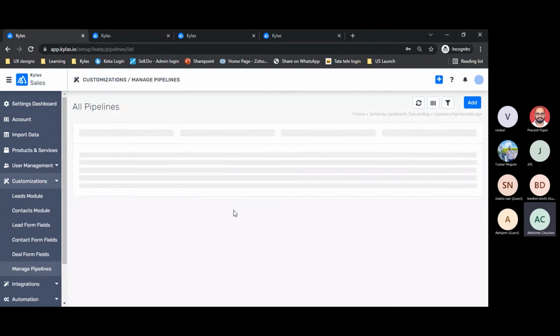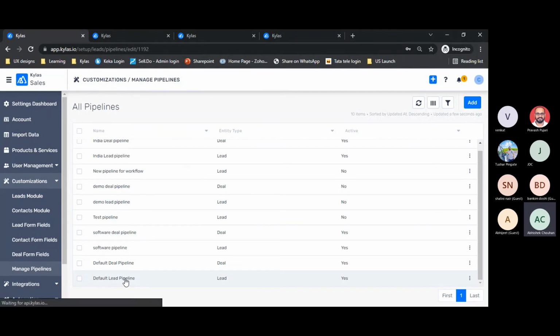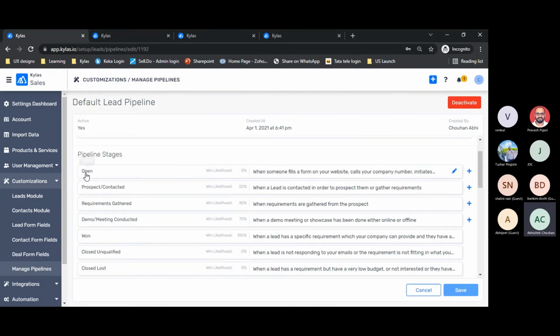But there are many times there is a requirement that with every pipeline stage, there is a task that the salesperson is supposed to perform. For example, the moment a lead is created, the sales user is expected to make a call to the lead or send an email. Okay, but how would they know that there is some expectation set from them, right?